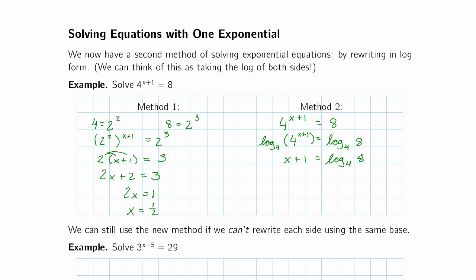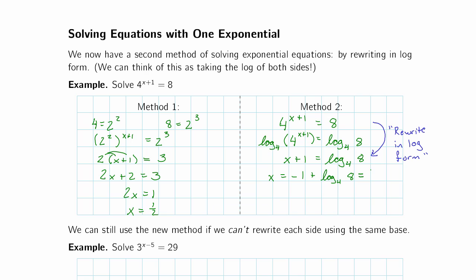But we've already seen the move that takes us directly from here to here. And we call that rewriting in log form. So we can make that move directly, just rewriting the equation. We don't need to write the step where we take the log of both sides, because all we're doing is rephrasing this in terms of an inverse instead of in terms of the original function. Either way, we then get that x is -1 plus the log base 4 of 8,